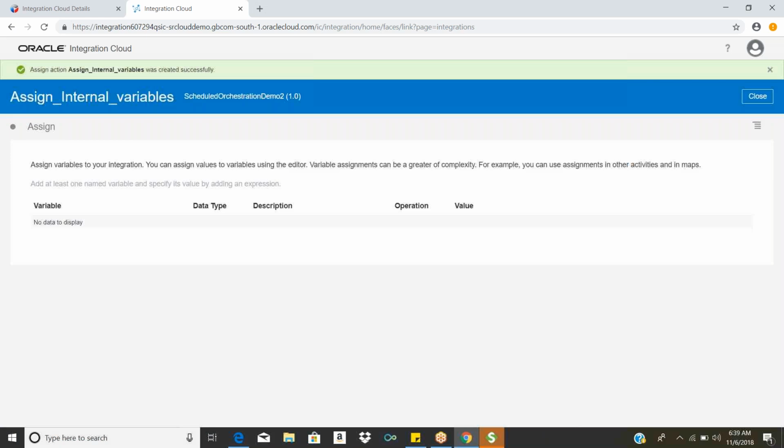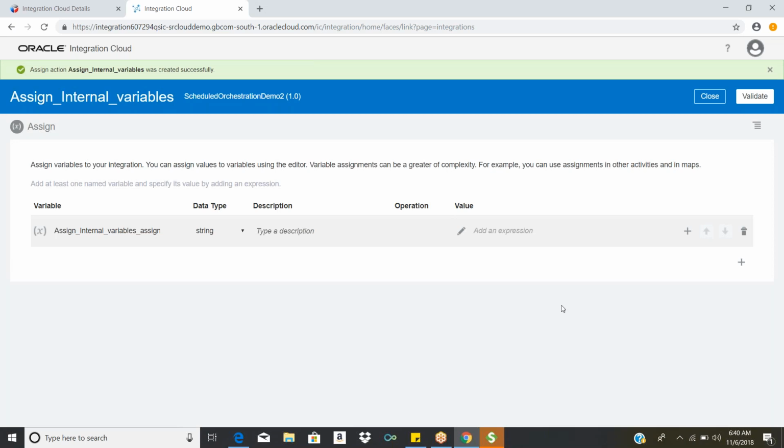It will be a quick thing. There is a plus symbol here. You need to click here. This is the recap of yesterday's session, so I'm going fast. You can give some dummy name. It is a string type variable, and you can click on this expression builder.